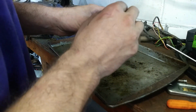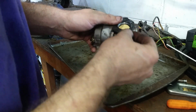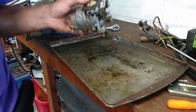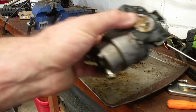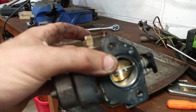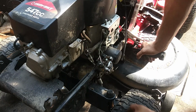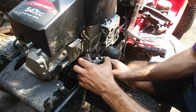So I think that goes on this side, doesn't it? So now, ooh, there we are. So I'll throw this back on the mower. I'll show you how to put it back on the mower because it's a little bit convoluted, and hopefully we don't have any leaks. This thing should run much better. Alright, now that it's fairly definitive as to what it was,